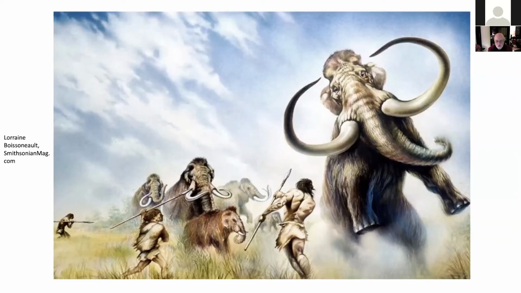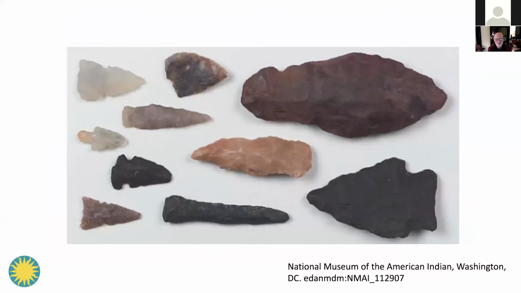Anthropologists would love to know if the Neanderthals and early humans, other species of humans, hunted mastodons. We know they hunted a lot of different animals. What animals did they hunt? Well, a lot of museums have arrowheads and spear points and knife blades made of stone that have residues of blood on them. And that blood can be sequenced, and it can tell the anthropologist what prey the ancient humans were living on.